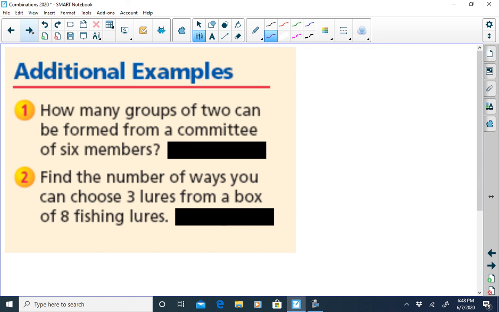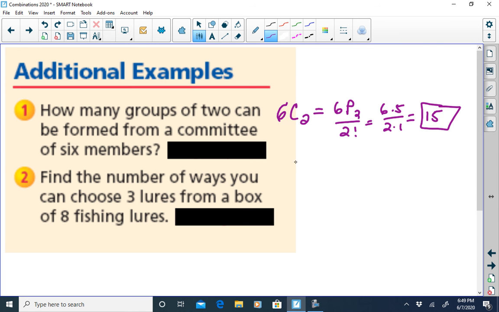All right, let's see what we got here. How many groups of 2 can be formed from a committee of 6 members? Now, we're just talking about groups of 2, so we're going to be using combinations. So that's going to be 6C2, which is equal to 6P2 over 2 factorial, which is 6 times 5 divided by 2 times 1, which is 15